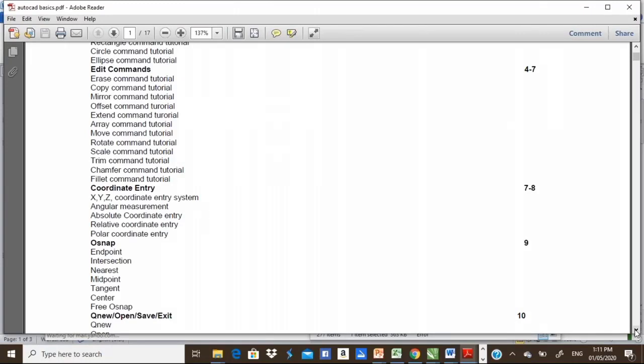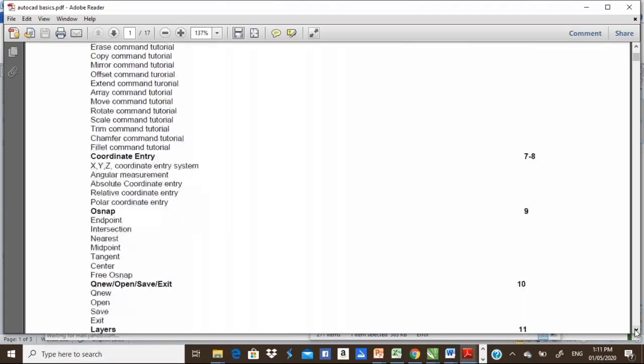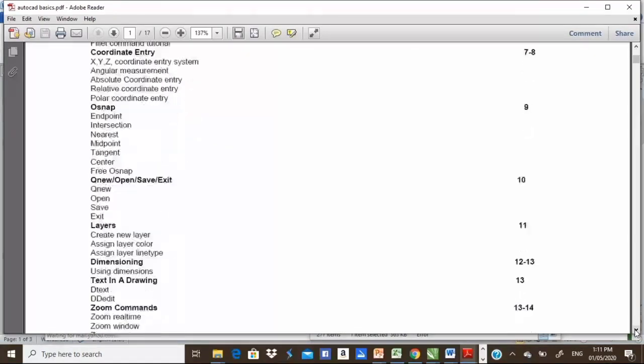And then we have the angular measurement, which you can use to measure the angular point of view of your design. We have the absolute coordinate entry and relative coordinate entry for your designs as well. Then we have what we call the OSNAP. Under OSNAP, we have these special tools: the endpoint, the intersection, the nearest, the midpoint,